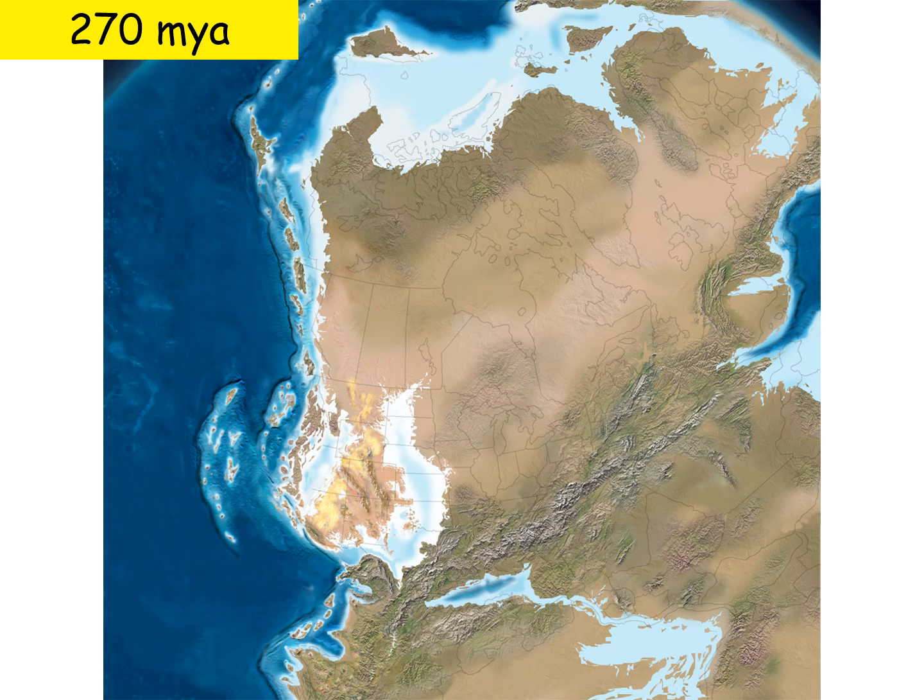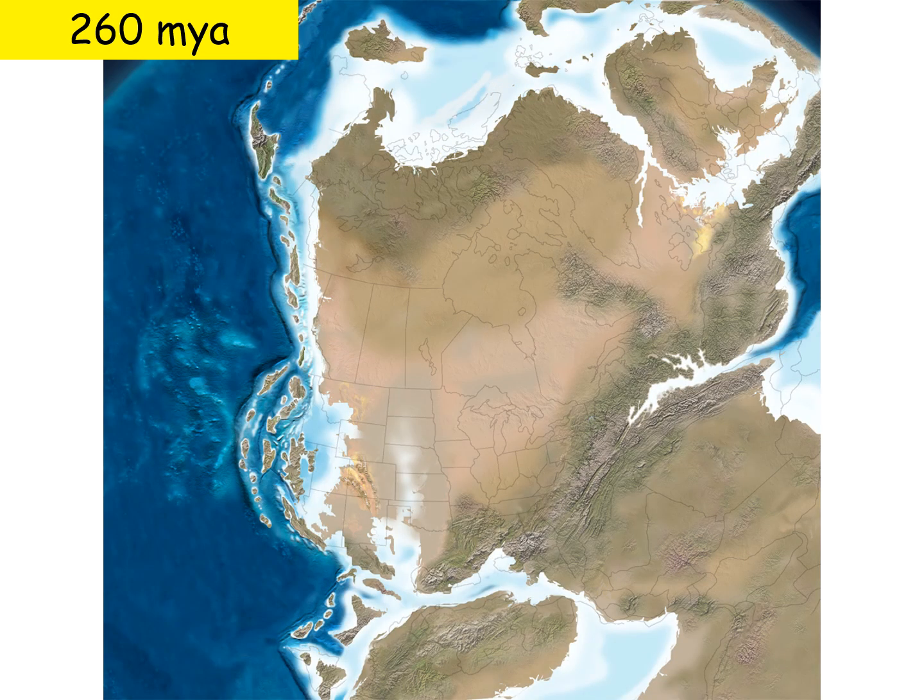This is a slightly different map that does a better job of showing the continental shelves, the areas in very light blue or white. Pangaea hasn't yet broken apart, but it's about to. By 260 million years ago, we can see that South America is beginning to separate from Pangaea, but Africa remains